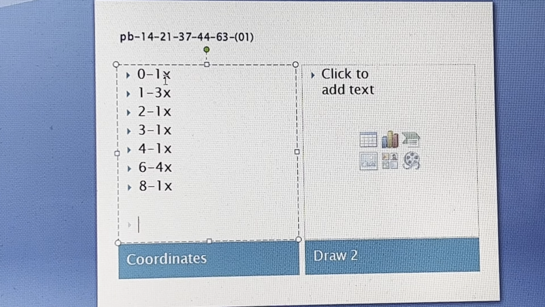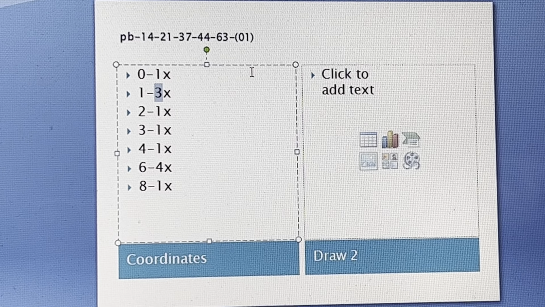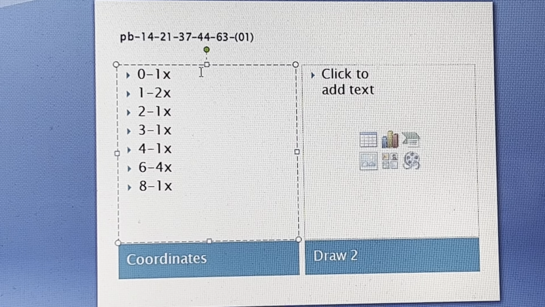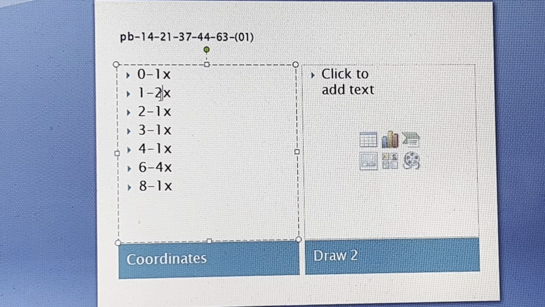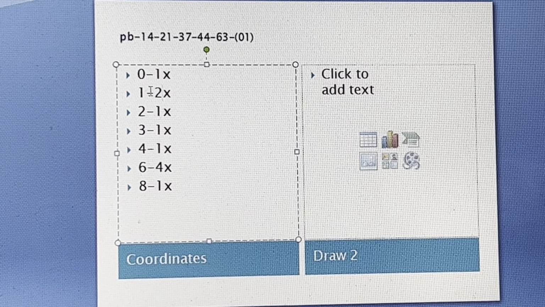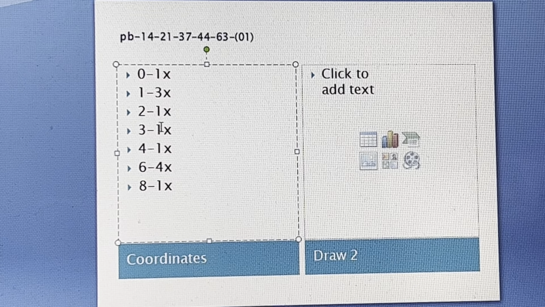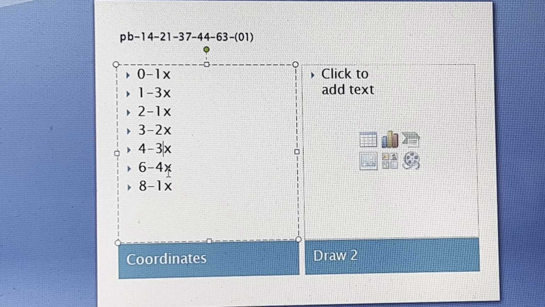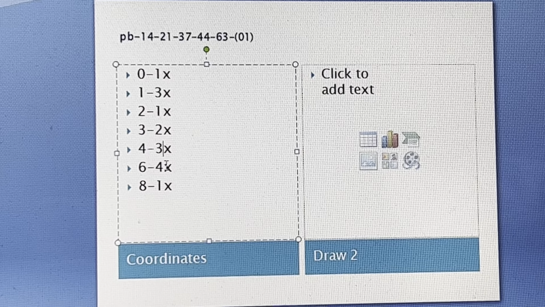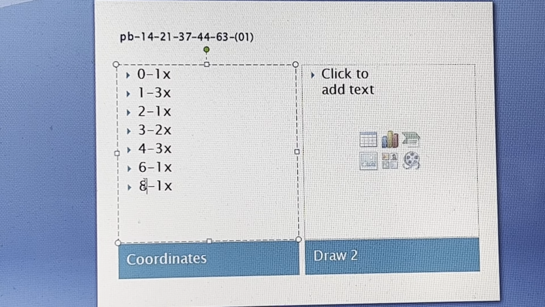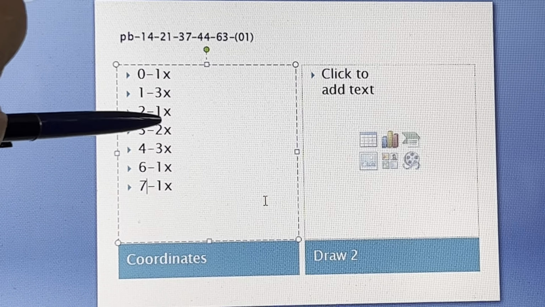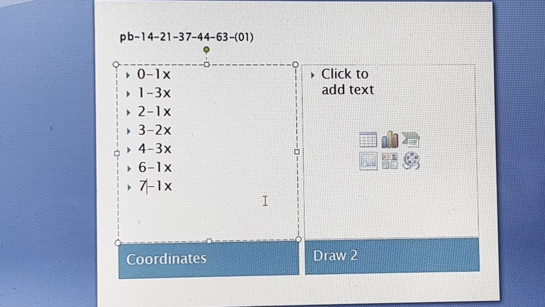So you have digit 0 appearing 1 time, digit 1 appearing 2 times, digit 2 appearing 1 time, digit 1 appearing 3 times, including the special ball. Digit 3 appearing 2 times, digit 4 appearing 3 times, digit 5, digit 6 appearing 1 time, and digit 7 appearing 1 time. So if you add all these digits, it should be 12. 1, 2, 5, 7, 8, 11, 12. So 12